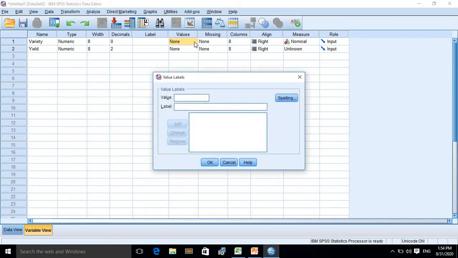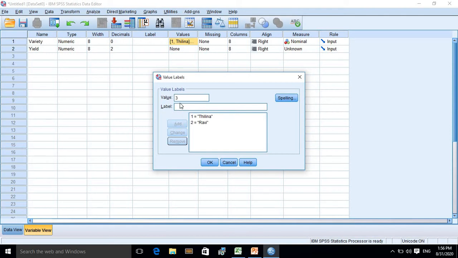Using the values column, you can label your treatments. I will use number 1 to denote Tilina, so type 1 here and type Tilina in the label and click on add. Number 2 for Ravi.